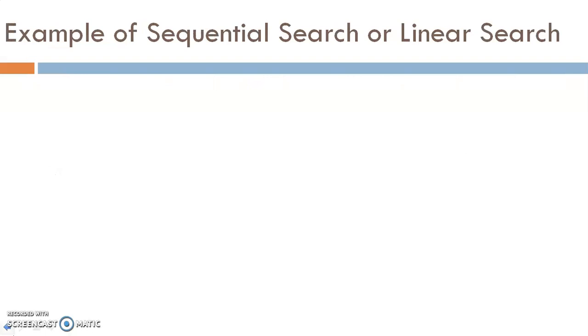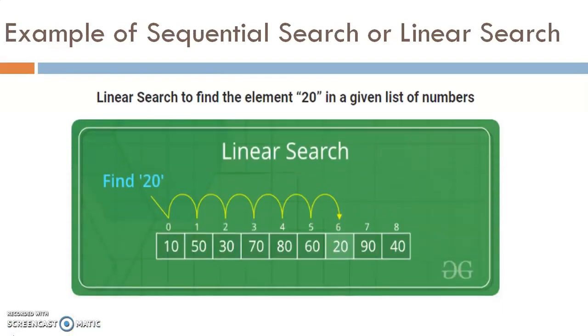Now, an example of linear search. Here our list L contains 9 elements, indexed as 0 to 8, and we can see that all the elements are in an unordered list. Here our searching element is 20. So linear search starts the procedure with the first element of the list, which is located at array index 0, and the first element is 10. The searching element 20 is compared with 10.